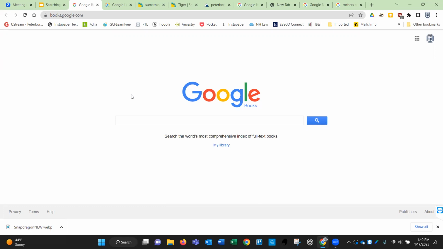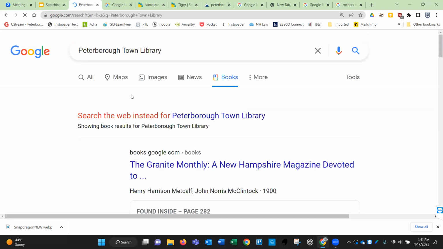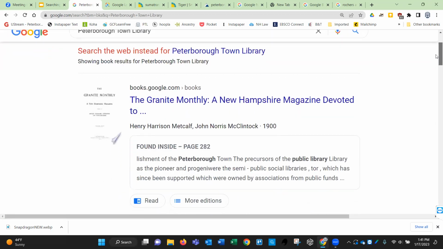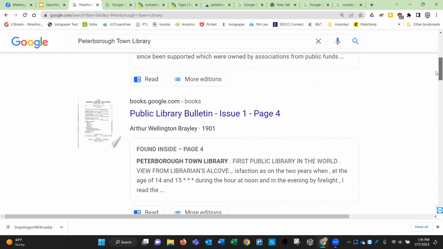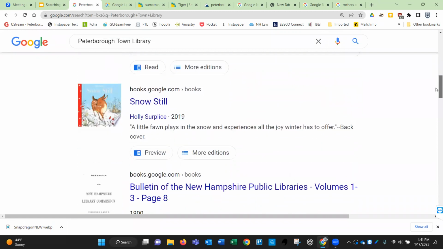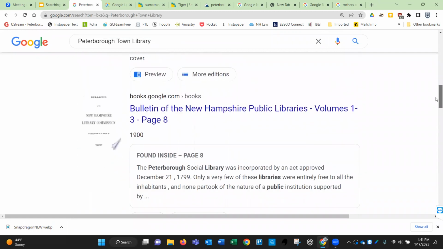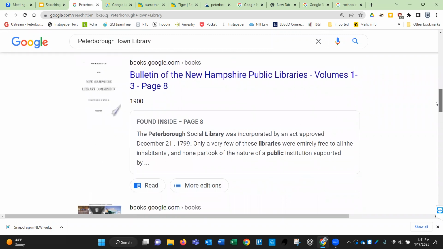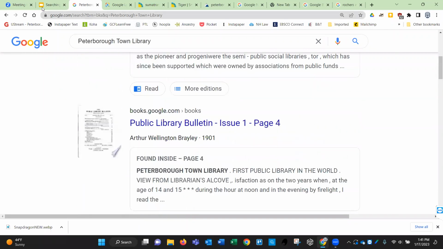So let's look for Peterborough and see if it shows up in books. Okay, so now we can see a notation from 1900 and 1901. This is another way to have a very site-specific search.